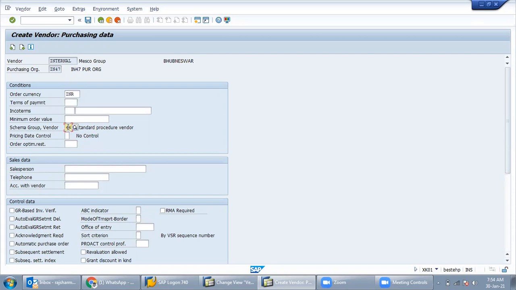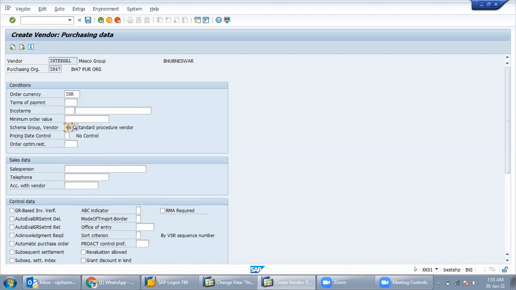At each level there is an approval. If we do not take approval from the senior authority like senior manager, general manager, director, we cannot process that PO further for goods receipt. I'll show you when we do the practical for the P2P cycle.